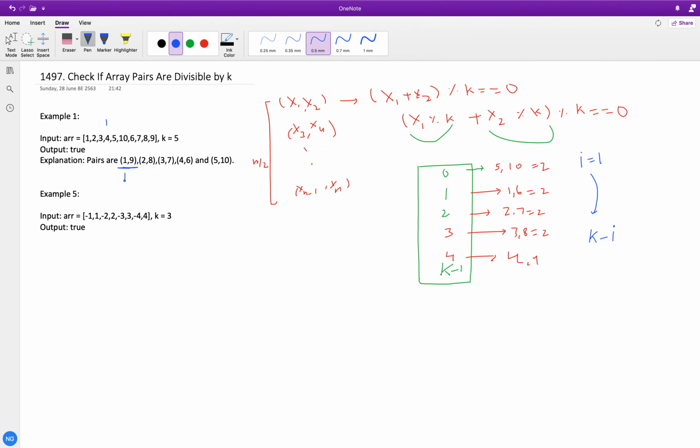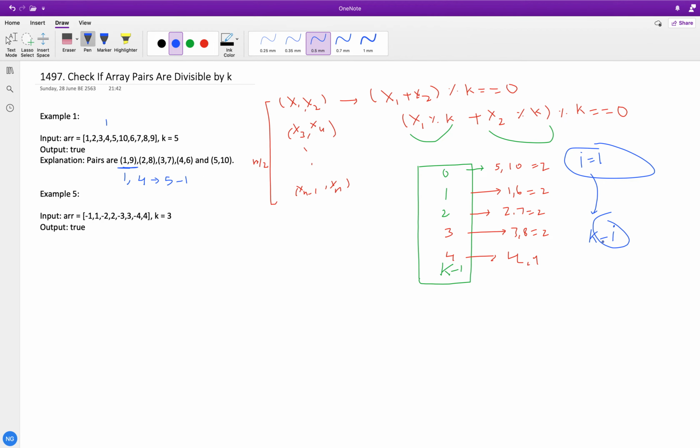The modulo of 1 is 1, and the modulo of 9 is 4, which we can write as k, which is 5, minus 1. So we take this condition, and if we don't find equal frequencies for any pair, we return false.